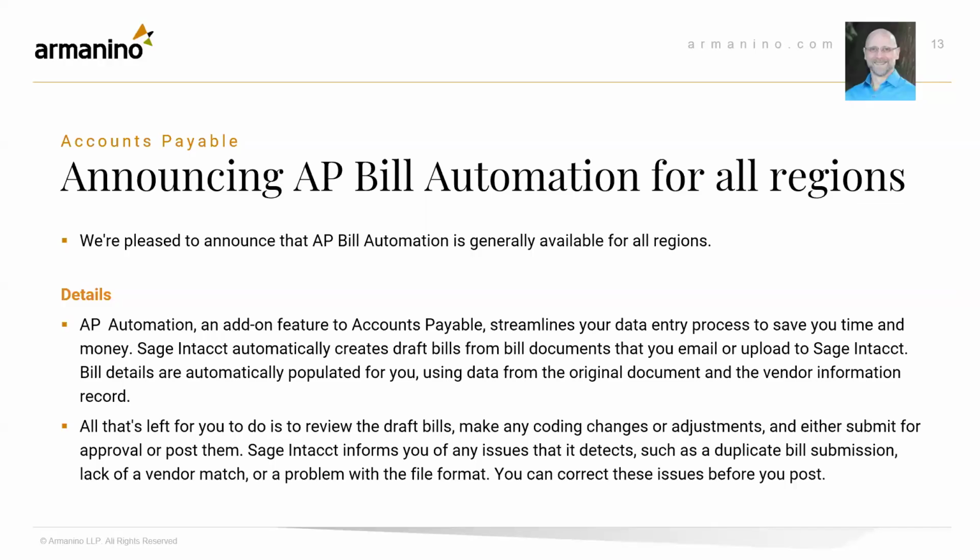Announcing AP bill automation for all regions. I think you guys know, I'm not going to read through these slides because we've talked about AP bill automation for a while now. Most of you probably know what AP bill automation is. Allowing you, similar to a third party like Bill or Stampli or AvidXchange, you can